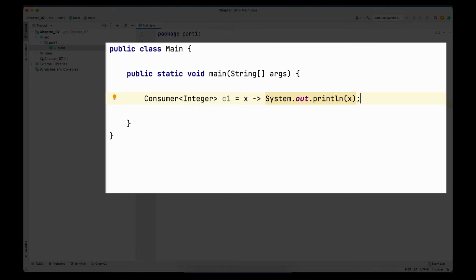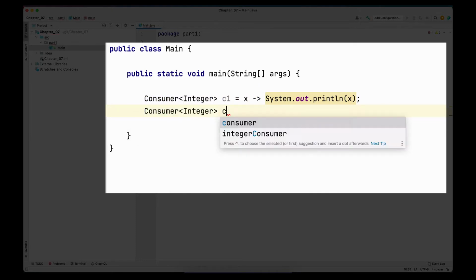the body of the lambda we have a println statement where we are passing x. So we are really not doing anything with the x. We are not manipulating it in any way. We are just passing it through to the println method. So we have a redundant code here. So method references are used to reduce or remove the redundancy. I'm going to write another consumer using method reference and then we will discuss more.